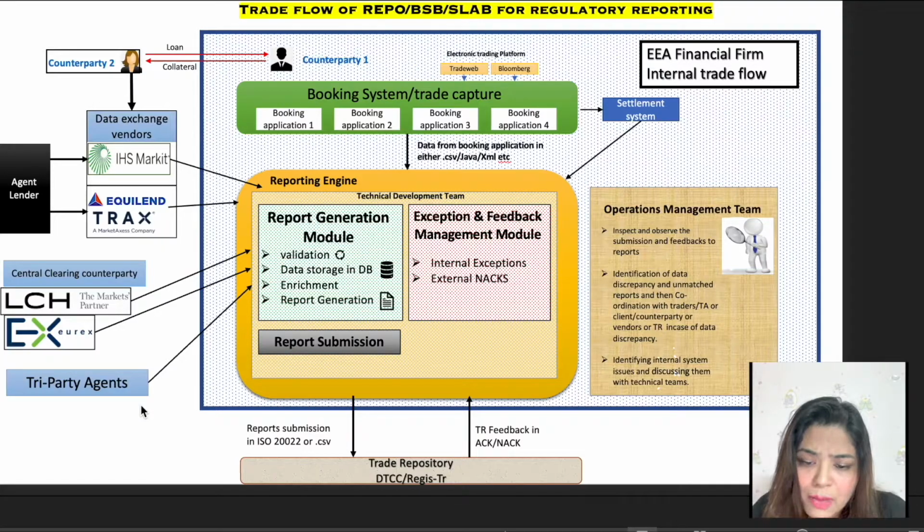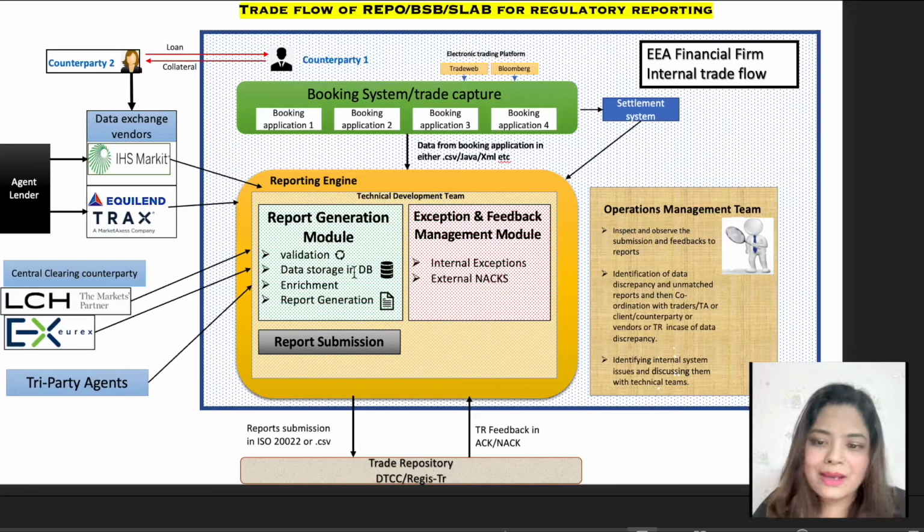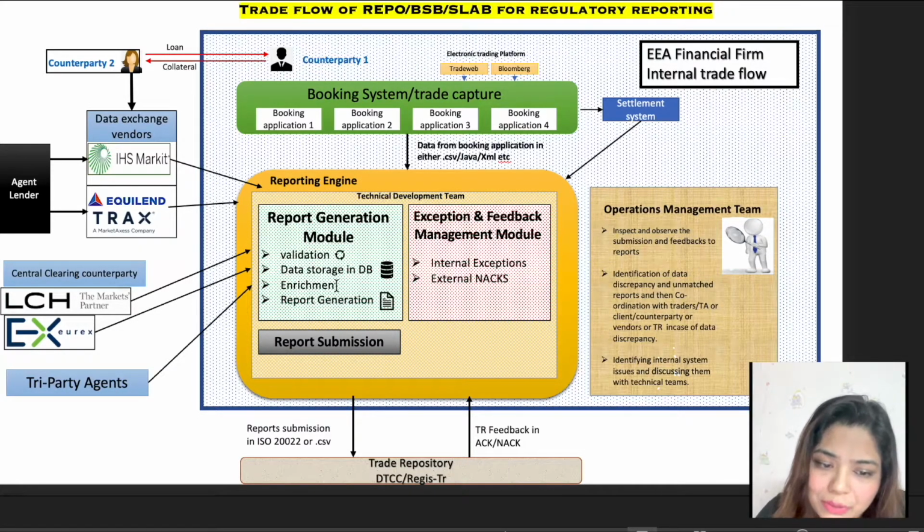So that's all about the participants involved in an SFT transaction. Now let's come back to the reporting engine diagram. Here the reporting engine also receives data from the settlement and valuation team regarding the valuation of the securities. This data is also used for reporting of the value event and reuse event. After receiving all the data, the reporting engine starts to generate reports according to the guidelines of SFTR. The reporting engine also uses reference data or static data for its report enrichment.